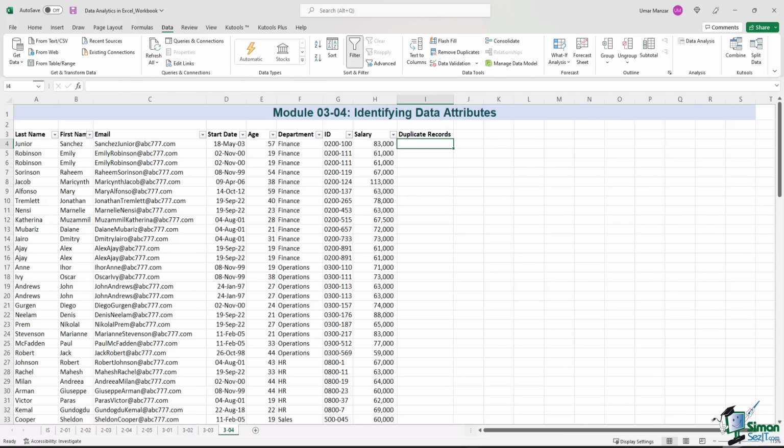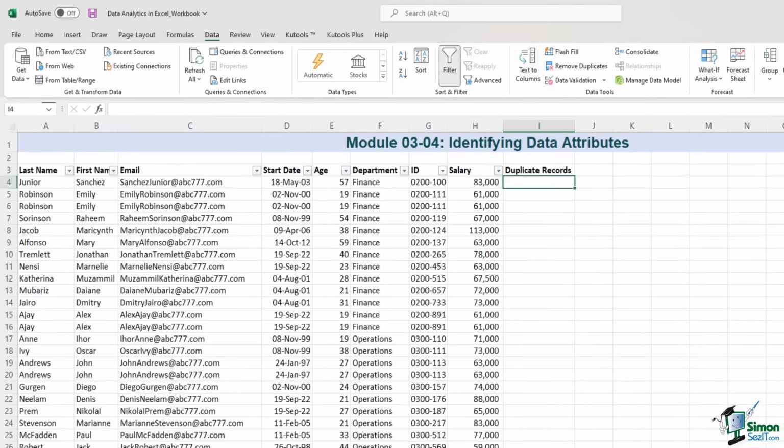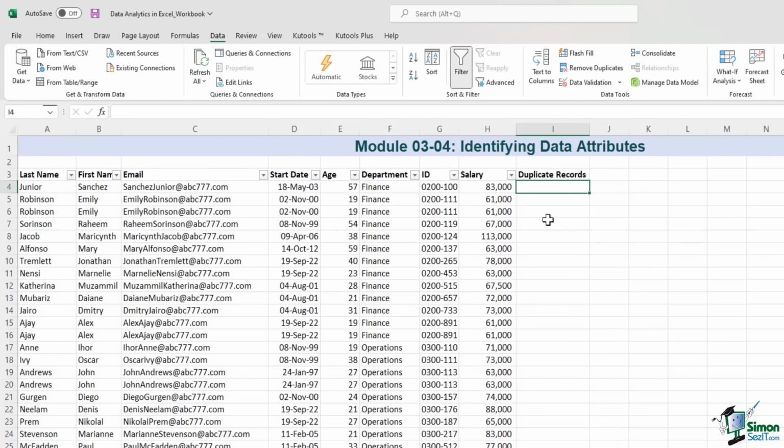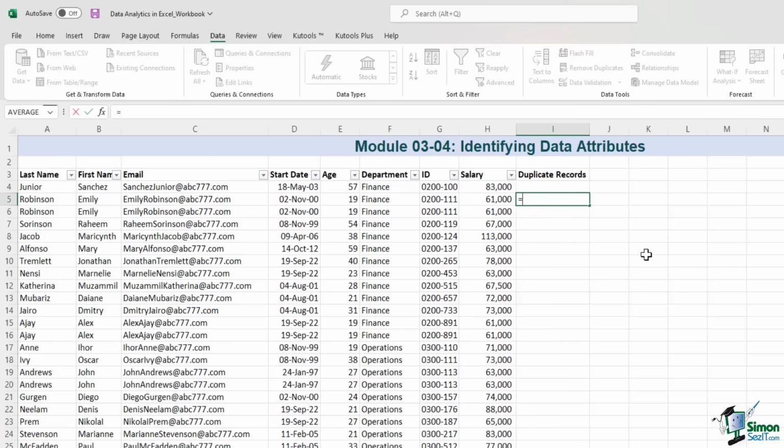I will be using an IF formula, and using that formula, I will compare the data within the cells to determine if the data is duplicate or unique. I4 is left blank because it's the first row, and after filtering, you can clearly see that there are no duplicates. I'll start with cell I5. I'll begin by typing =IF(, and I will compare the data in A4 is equal to A5,